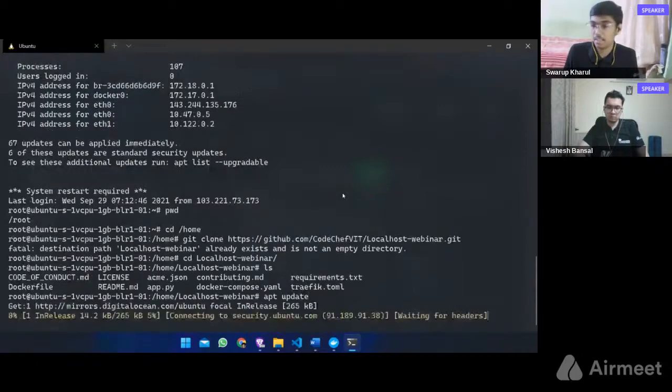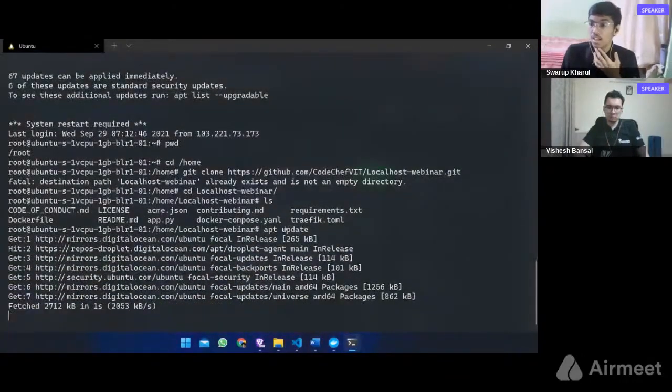It will update the image. There's a note: if you are not using the root user, then you need to specify sudo before apt. So for non-root users, you can use the command sudo apt update.